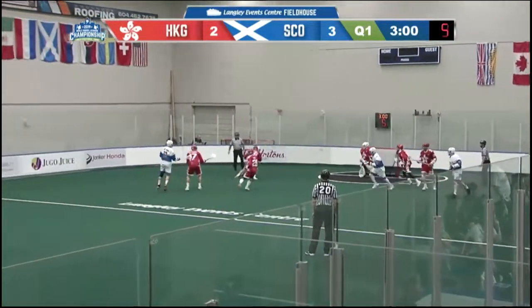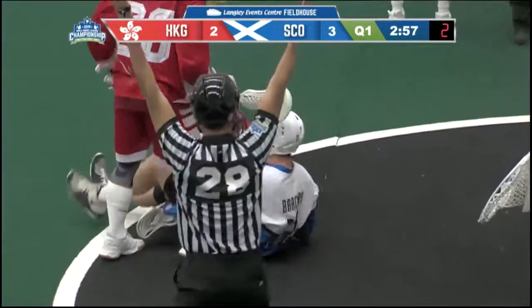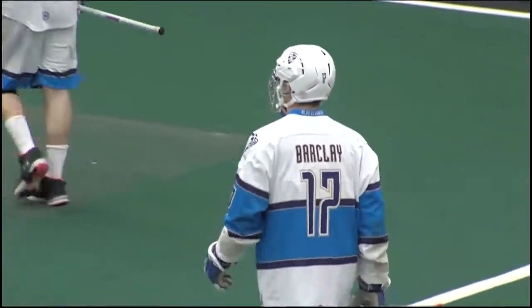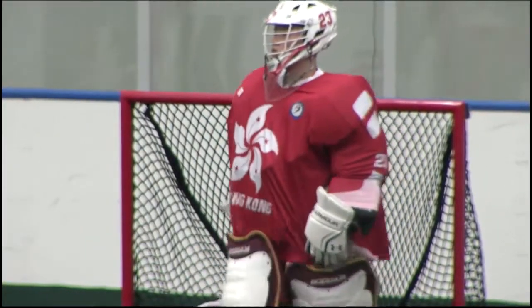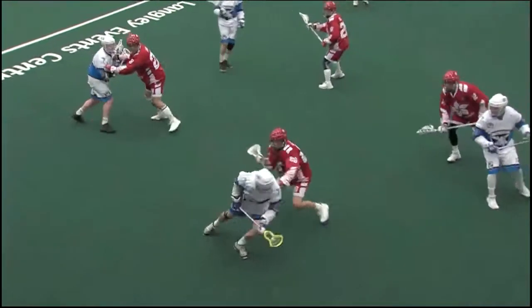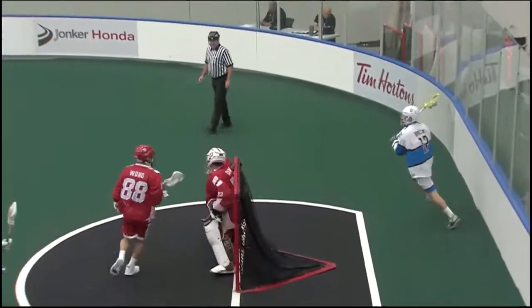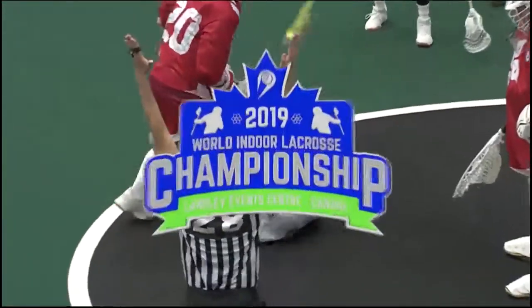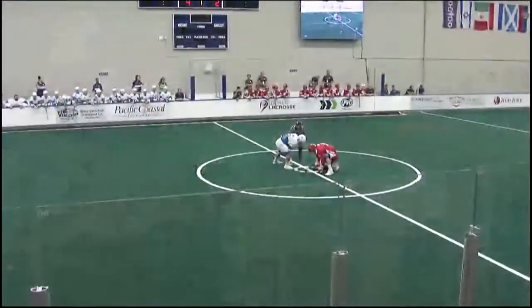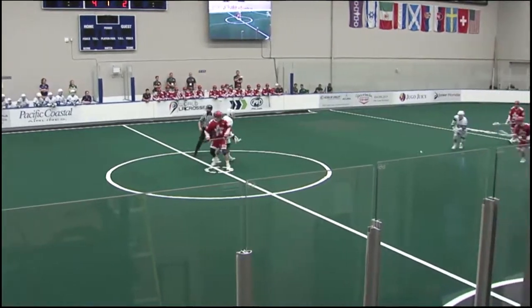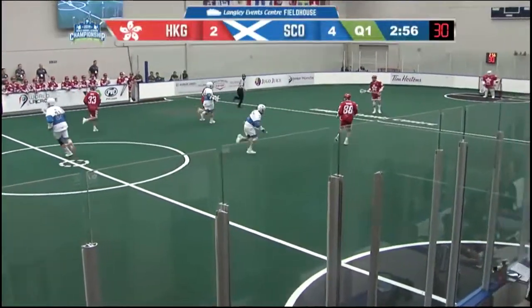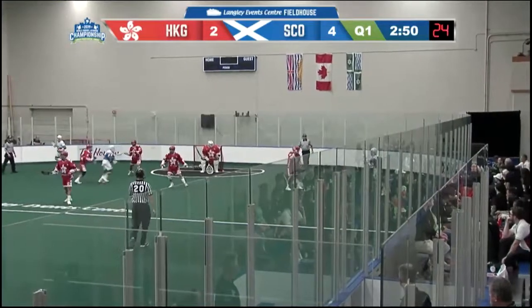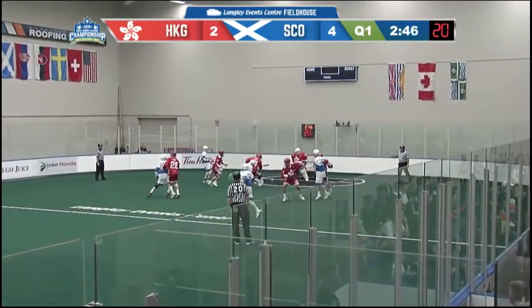Barkley coming out the left side, now in on goal, goes high, glove side, and Barkley makes it 4-2 Scotland with 2:57 remaining in this first quarter. Barkley with the goal.